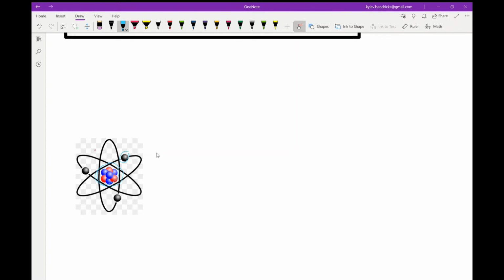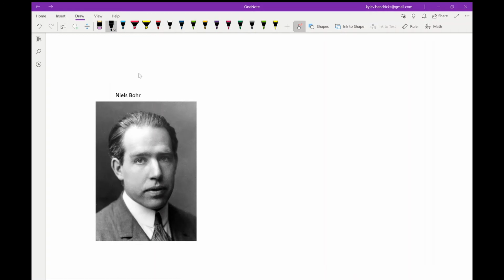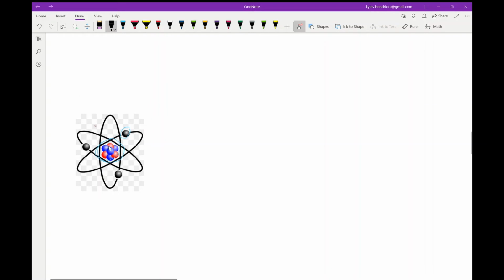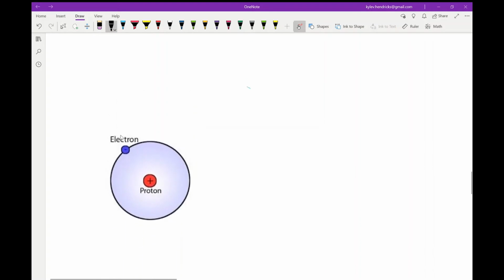And so he proposed this model that stood for a couple years until his actual pupil, someone under him, Niels Bohr, came up with a different model of the atom, or expounded upon that model of the atom. So Niels Bohr took this model of the atom with this positively charged center, and he expounded on the idea of what these negative particles, these electrons, would be doing, because he understood that a charged particle,